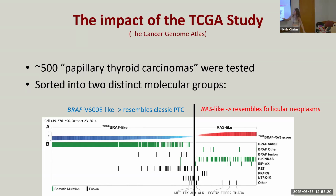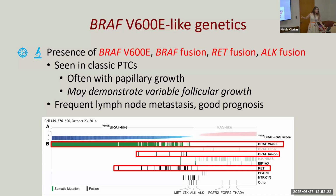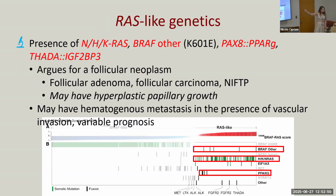You can see that the BRAF-like neoplasms are those that are truly BRAF V600E positive, those that have BRAF variant fusions, and those that have things like RET fusions or even ALK fusions, which aren't on this table, right? But they're to the left of this line. They have papillary growth often, they have conventional nuclei, they go to lymph nodes, and they generally have good prognosis. They're radioactive iodine sensitive. The ones on the right side of this line, the RAS-like, are those that have the